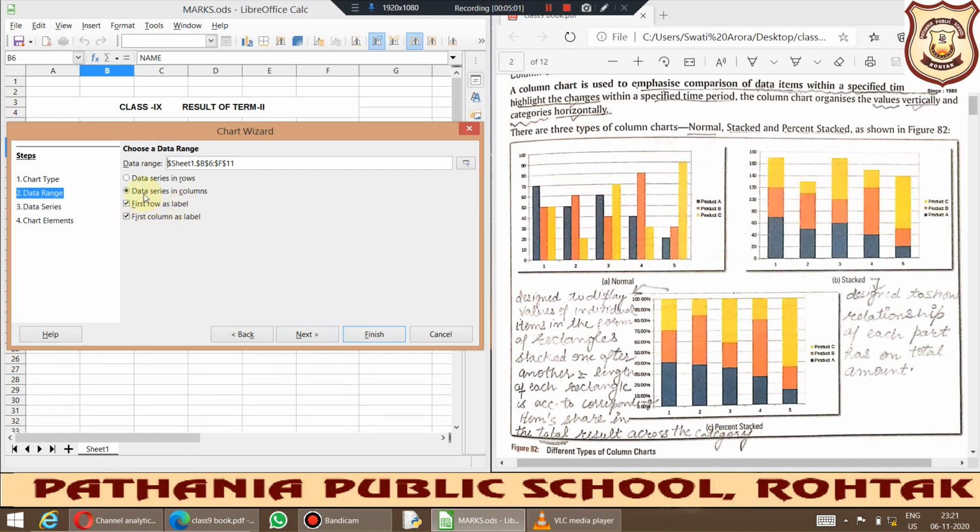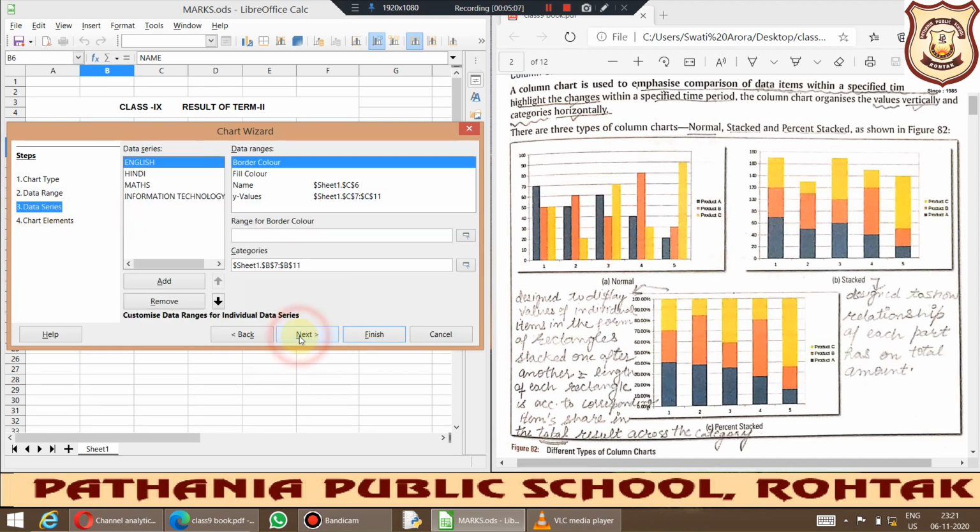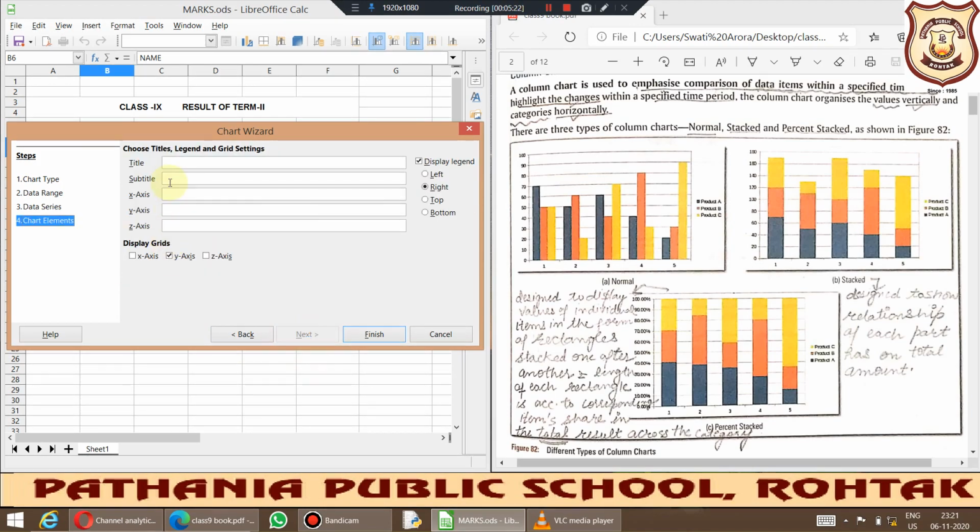First row as label, these three should be checked. Okay, and then you need to come on the next step. Okay, so here if we want to add these four subjects here, if you want to add or remove anything, you can use these buttons to add or remove. Okay, I want to keep them same, then I will be clicking on the next, and here you can name